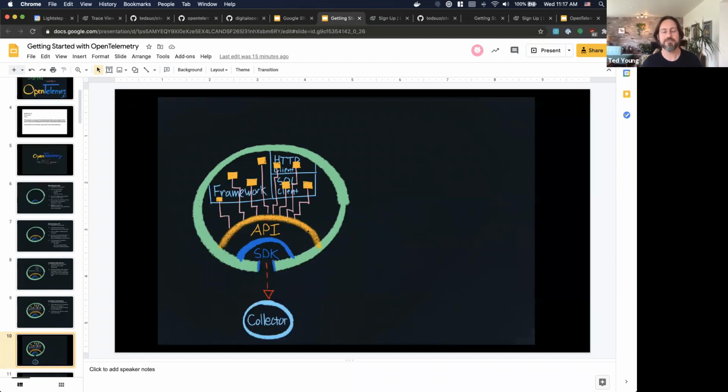The next important piece of OpenTelemetry is the collector. So the collector is a separate service. It's written in Go, and you can run the collector as a sidecar or in your local network, your VPN. You can use it as a gateway, and it's a telemetry processor. So it takes all of the telemetry data being produced by your system, so that's spans, metrics, logs. It gives you a place to buffer that information and a place to do a lot of the configuration, and then process that data, manipulate it, scrub it,